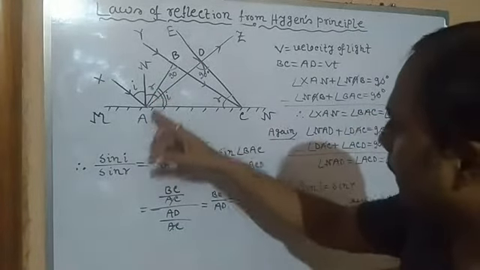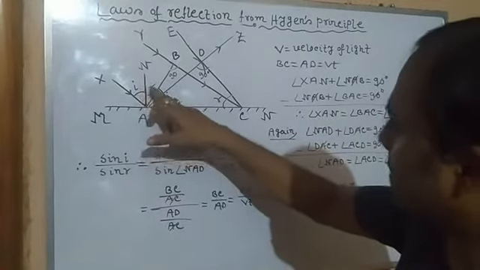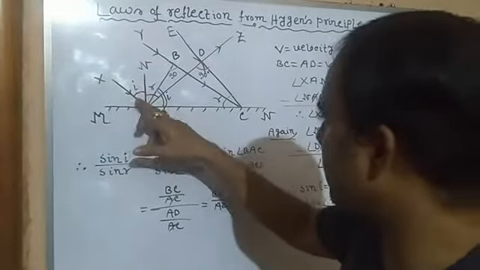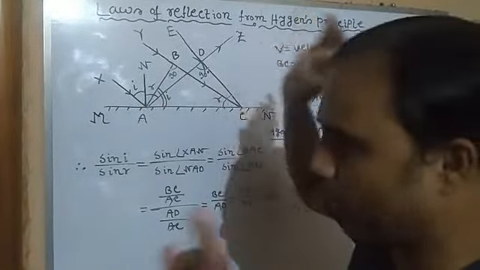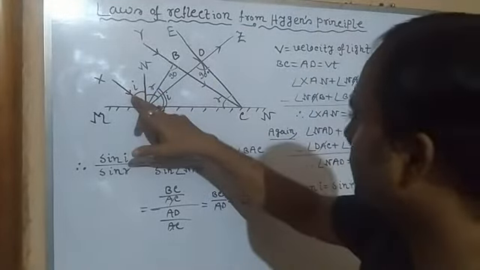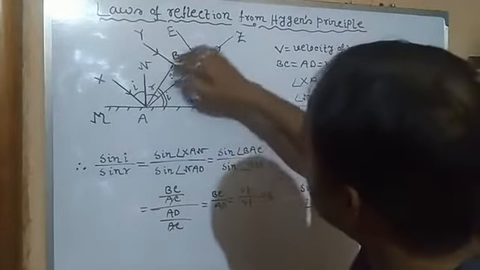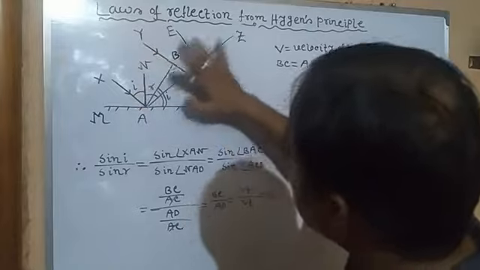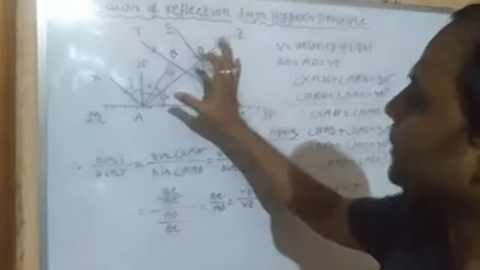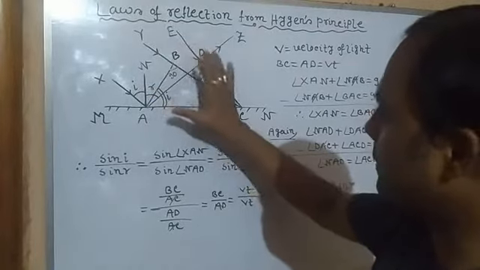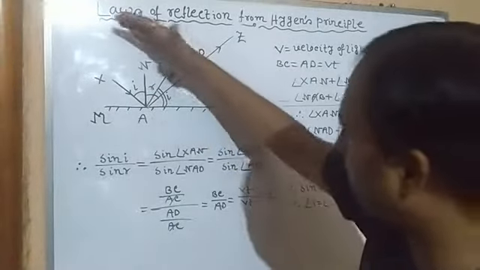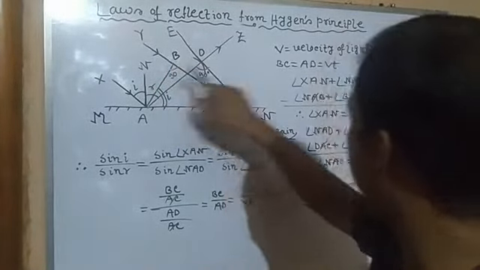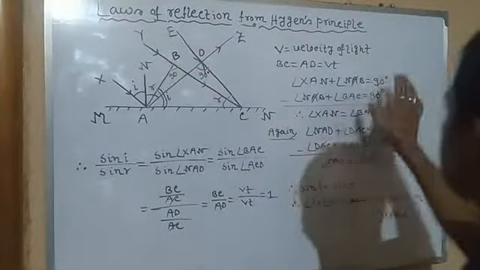Now we have drawn AN as the normal. So this angle is the incident angle. According to the law of reflection, this is the angle of incidence, XAN. Now here, this angle plus this angle is angle XAB. XAB is 90 degrees. Why? Because this is the perpendicular drawn, this is the plane wavefront, and this is the direction of propagation of the incident light. So XAN plus NAB is 90 degrees.